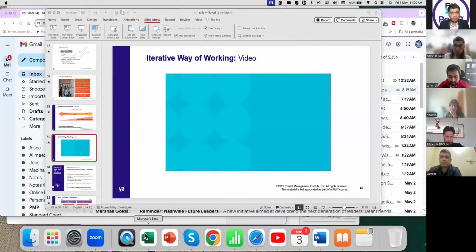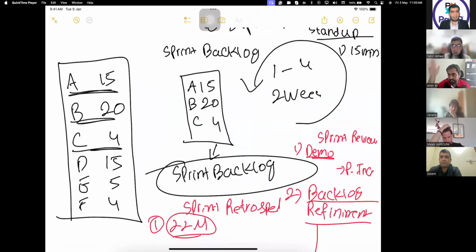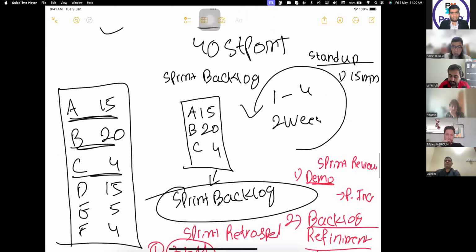So one more time, if we look at it, the sprint consists of 5 steps. First, once you have decided the length of the sprint, you make the sprint backlog in sprint planning, a subset of the product backlog. Then we have the daily stand-up, 15 minutes, same time, same location. We ask 3 questions: do you have any problem, what you did yesterday, and what you are going to do today.